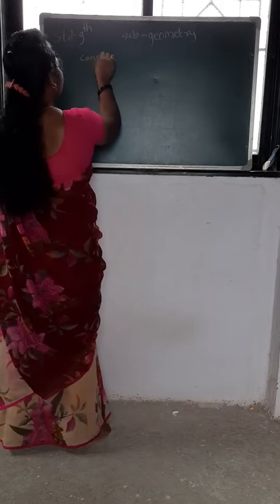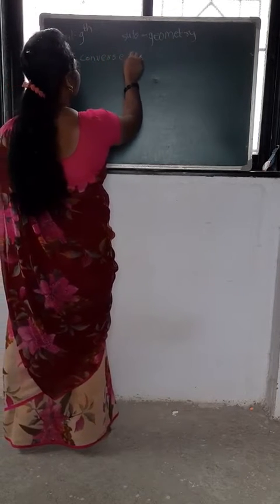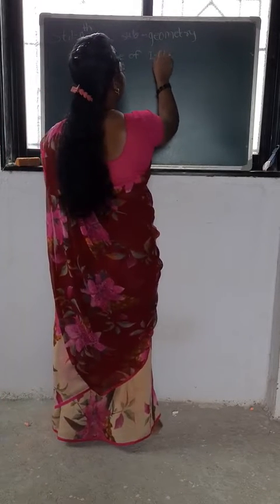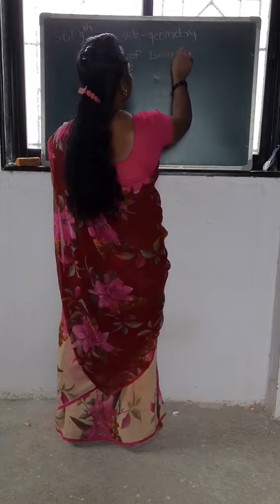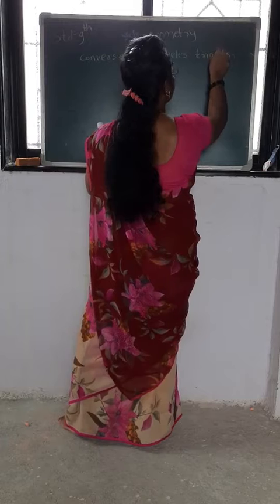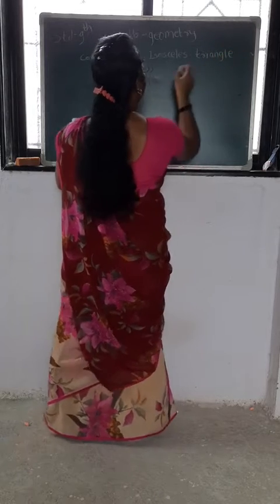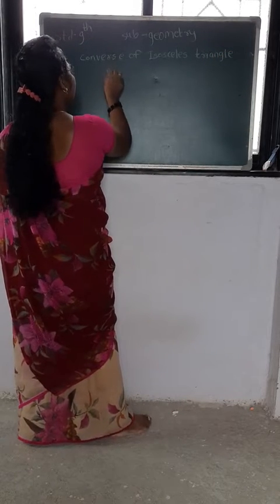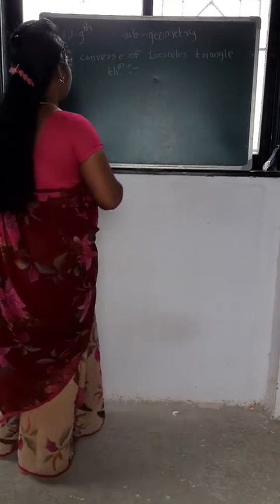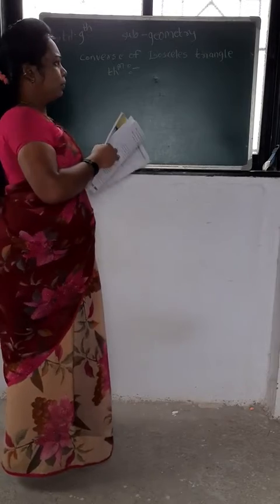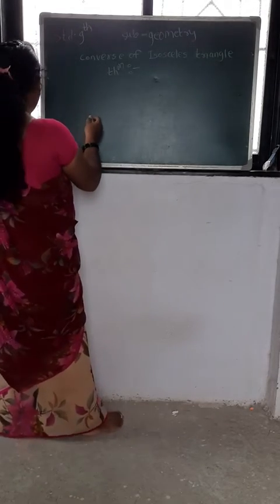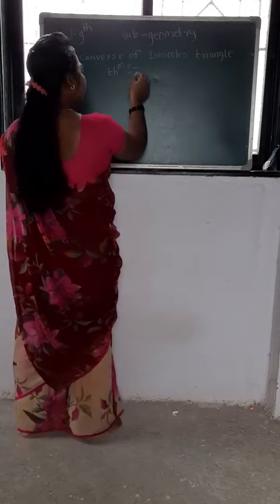the converse of the isosceles triangle theorem. The statement of the theorem is: if two angles